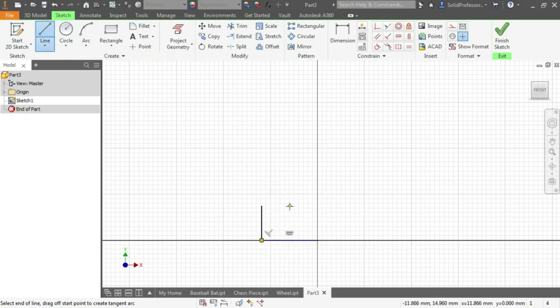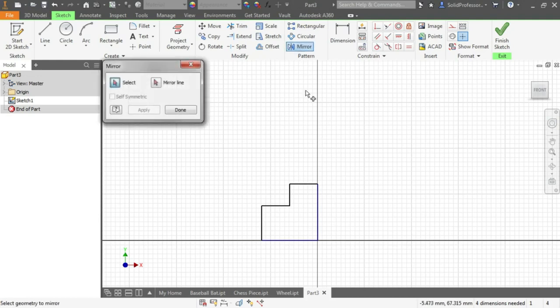I'll sketch the left half, and we'll use this horizontal line as the axis for the revolve. But the reason I'm only sketching the left side is that the right side will be exactly the same shape. So I'll use the Sketch Mirror tool. I'll select all of the segments to mirror, and for the mirror line, I'll select the vertical line and hit